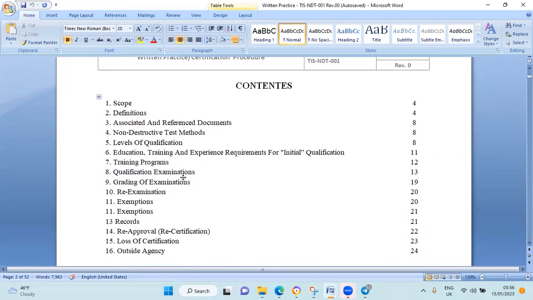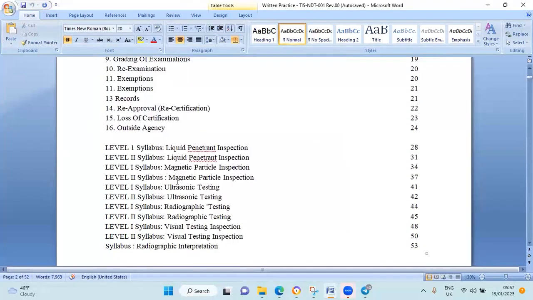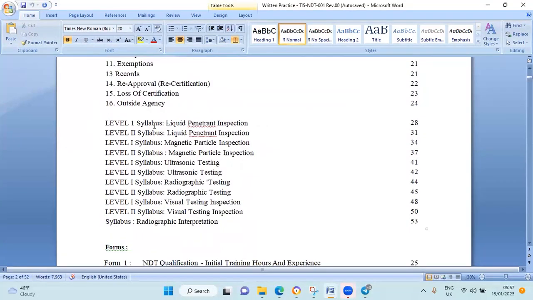And education and training, the training program, and again, as you can see, re-examination, exemptions, records, and then the syllabus, which in this procedure has been brought here for section 5, and which should be more or less in line with CP-105, which is cross-referenced in SNT-TC-1A as the topical outlines of the training course,